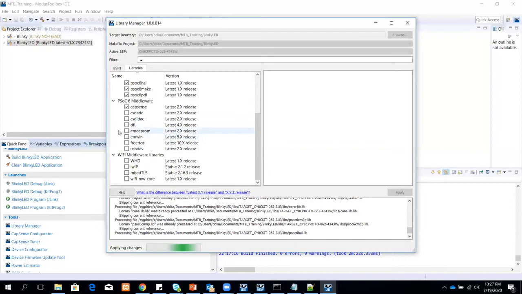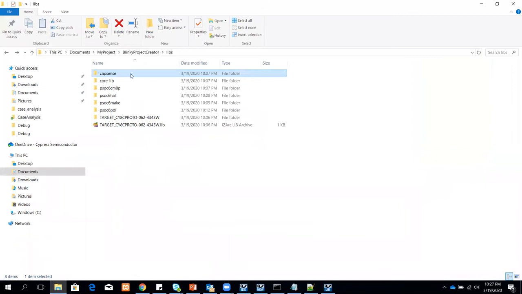So you can enable each one of them for use, and it will just get integrated as part of your project. So when you enable it, it is basically creating the folder. So like I told you, the Capsens folder was created. So when you enable probably emulated EEPROM or DFU, then you'll get a folder specific to that. All right.